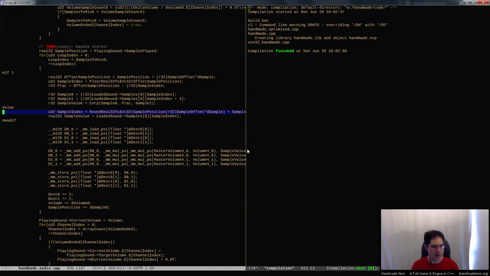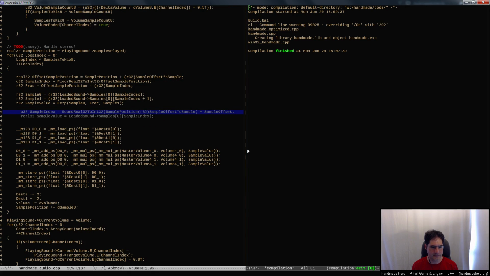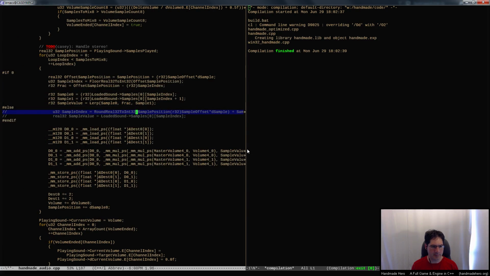So if we want to do that, what we need to do first, I guess, let's try doing it without the bilinear case. So in this case, we have to do this stuff, right? So we have to figure out what our sample value is by doing this round here. So we have our sample position, and our sample position, right, is now going to be something that's actually going to be 8 wide, if that makes sense. We're going to actually have sort of a sample position that's got 8 separate